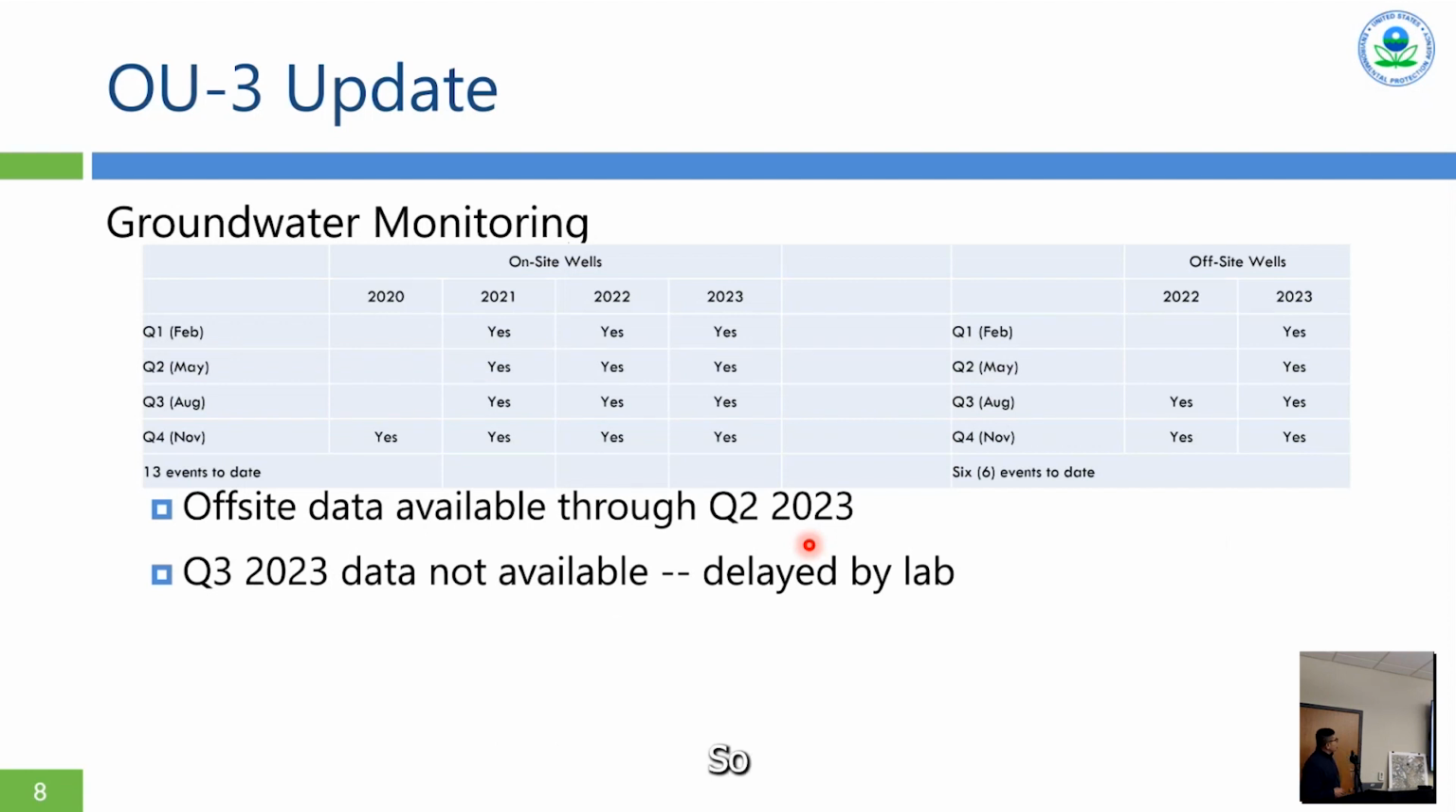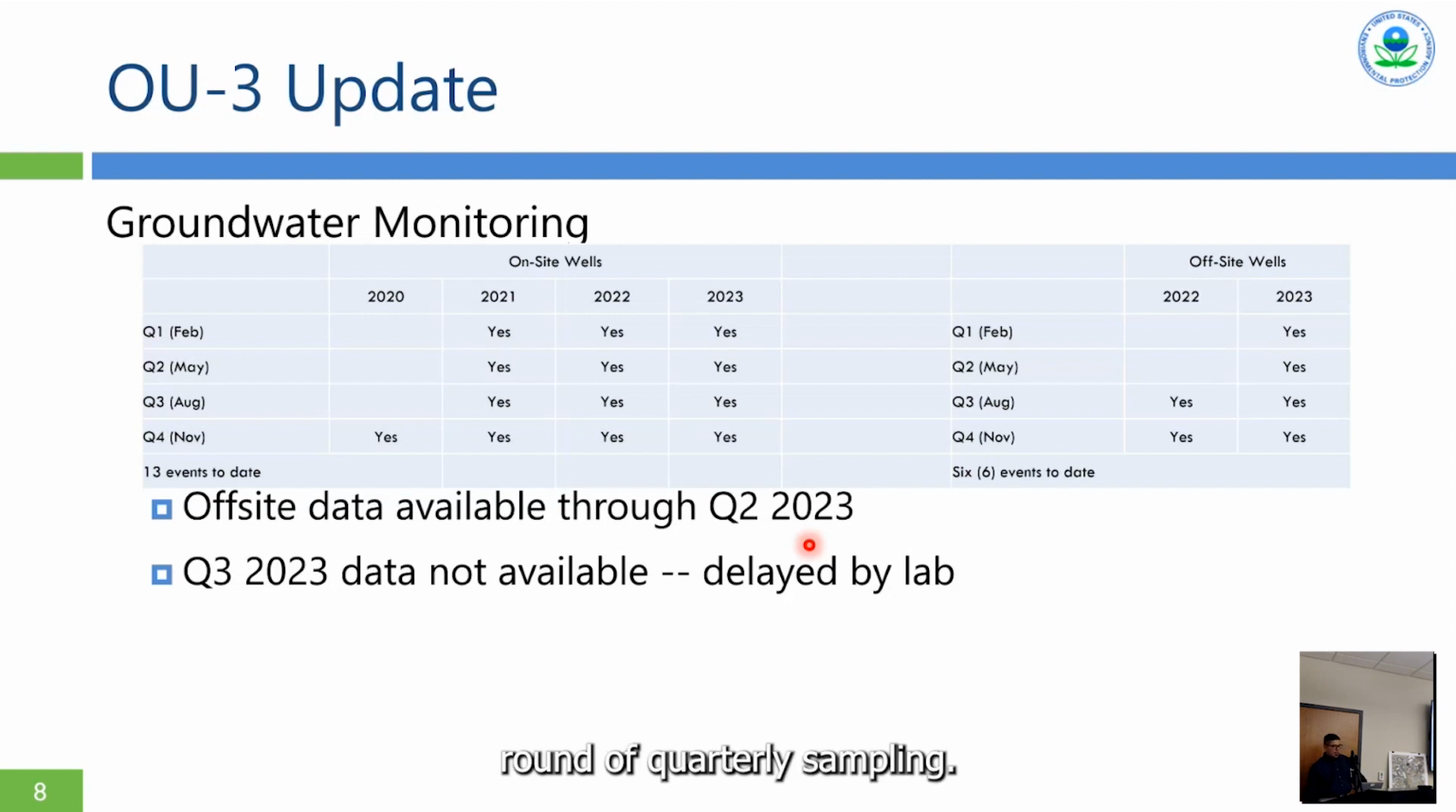Okay, so a little bit about the timeline of sampling. This shows across the top we have on-site wells and off-site wells, and then in the left-hand column are the different quarterly events. Usually the Q1 happens in February, and then May, August, November. So the on-site wells were first sampled in the last quarter of 2020, and it's been an ongoing thing since then. There's been 13 total events with the on-site, and then off-site wells were initially sampled in August of 2022, and we just completed the 6th